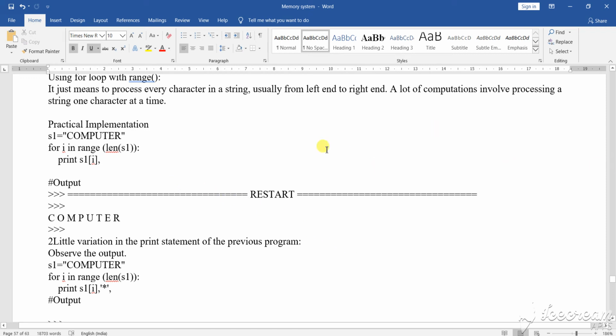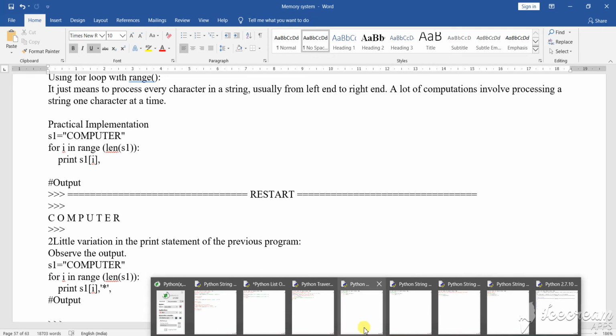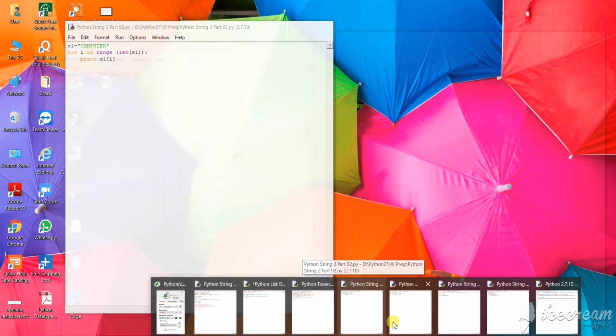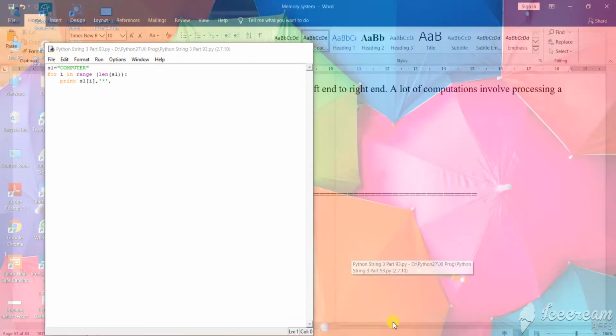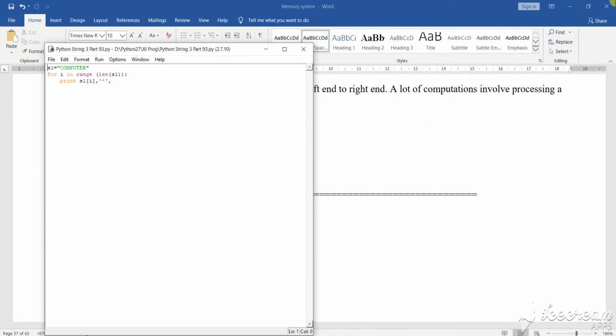So student, as I am discussing the string with you, there is another program I want to show you, showing how you can do the execution of the particular string. See here. Now look very minutely at the changes I have done. In this particular program I have introduced something new here, one